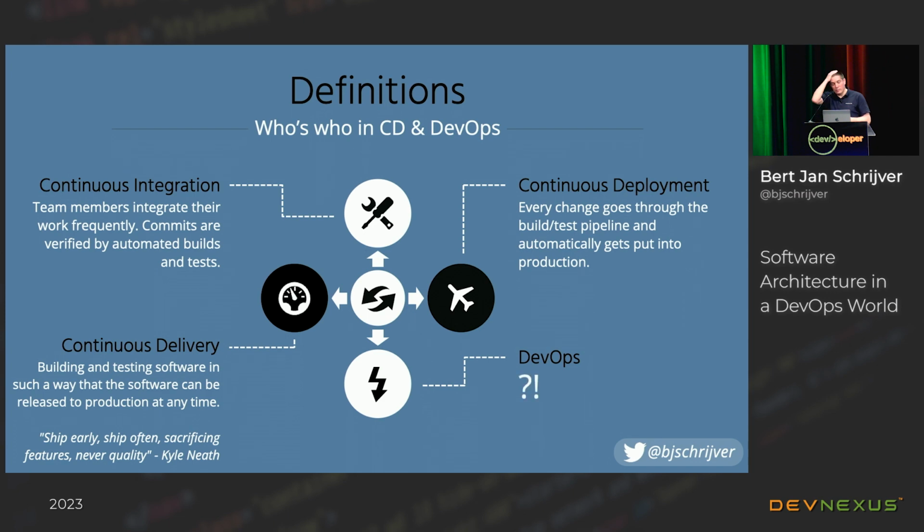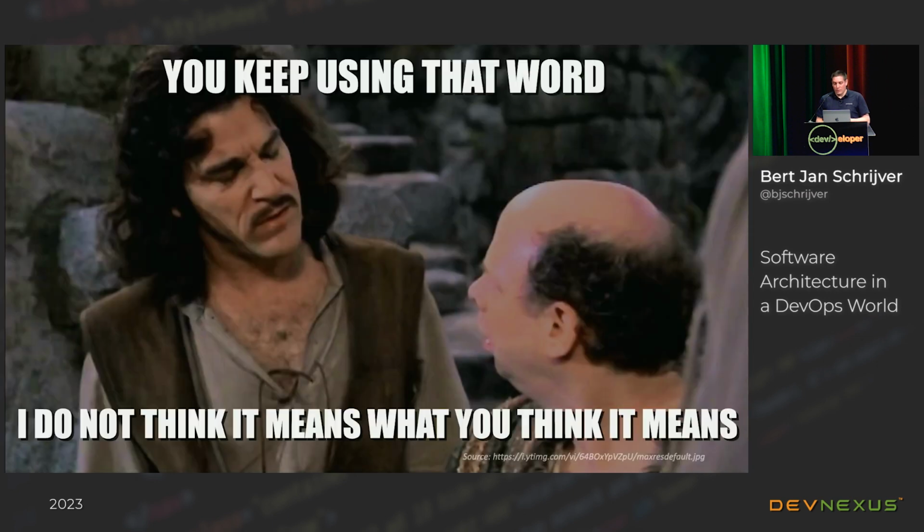And then DevOps. Well, what is DevOps? It's typically hard to define, right? So whenever I have conversations about DevOps with people, sometimes I get this feeling. We use a word, but what does the word mean? Do we mean the same word or not? It's kind of inconceivable, right?